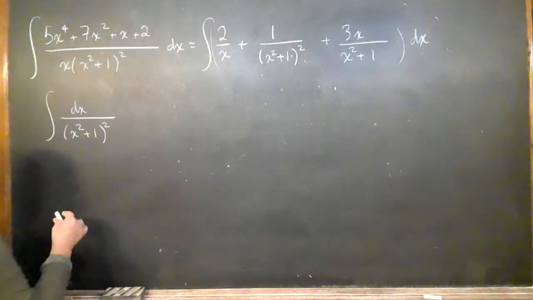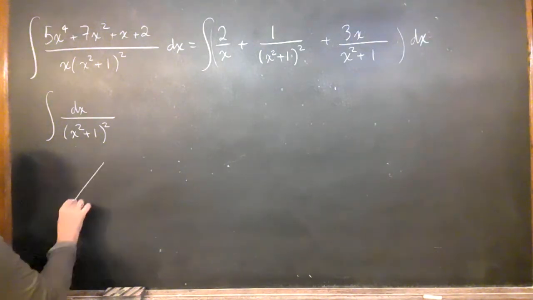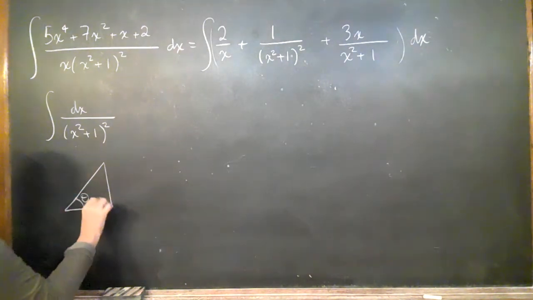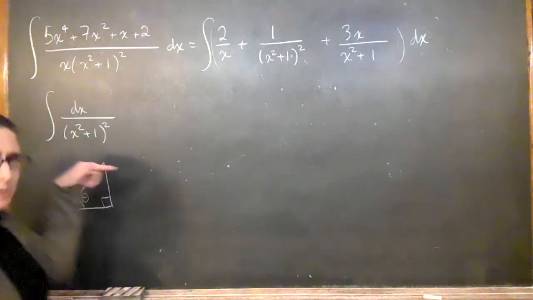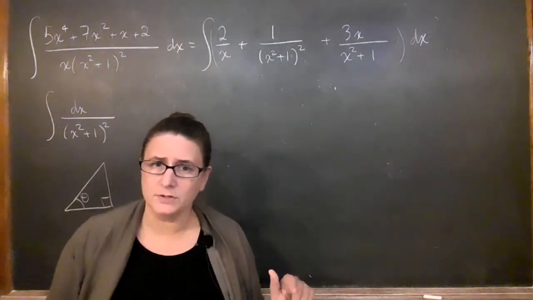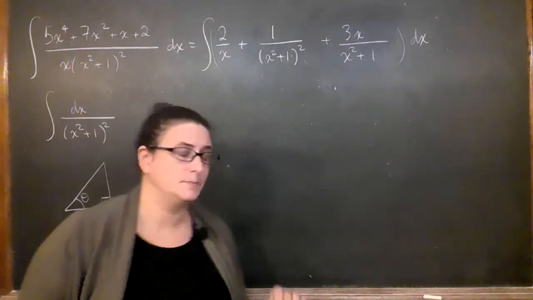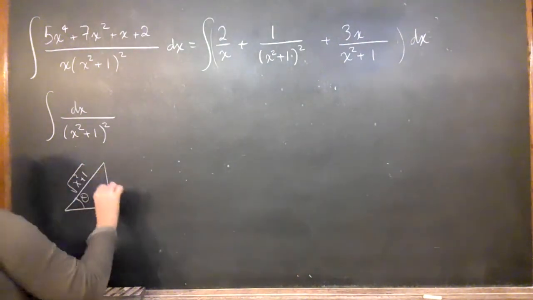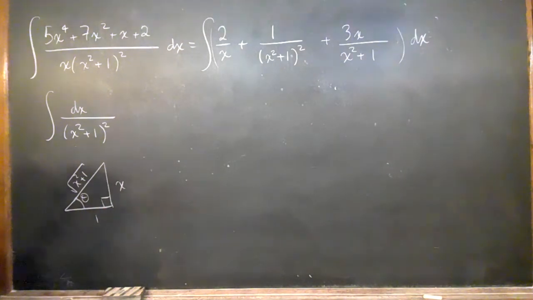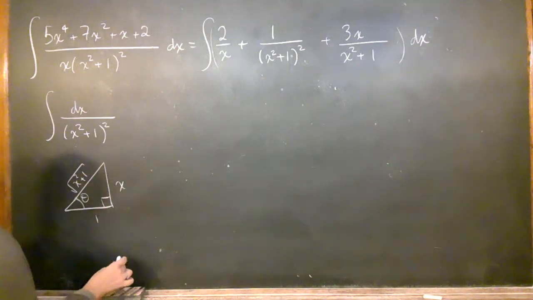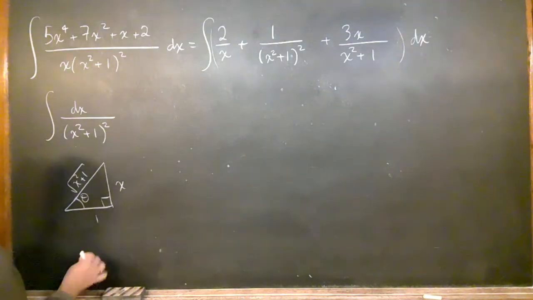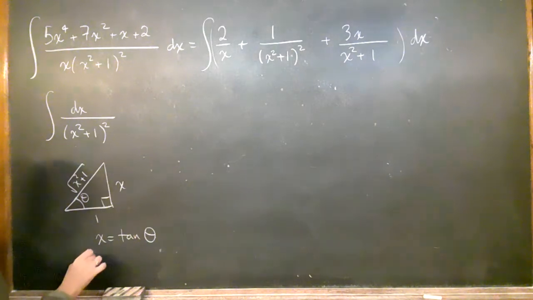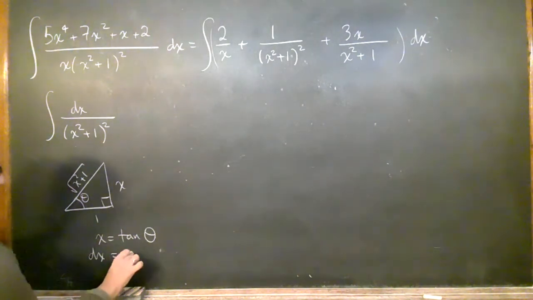So x squared, and I'm thinking about that like it would be the square root of x squared plus 1. So in that situation, because we just were talking about this, right, it's the square root of x squared plus 1, so that's going to be on the hypotenuse. So square root of x squared plus 1 here, and we can do x and 1 there. Okay, well that makes sense, because then tangent of theta is x over 1. So x equals tangent of theta, dx is secant squared theta,